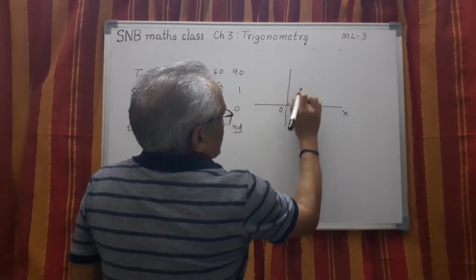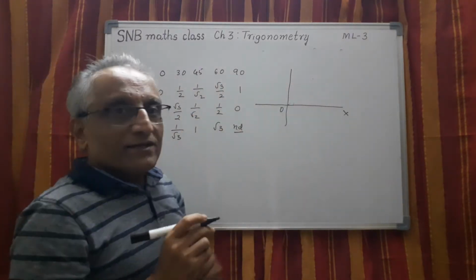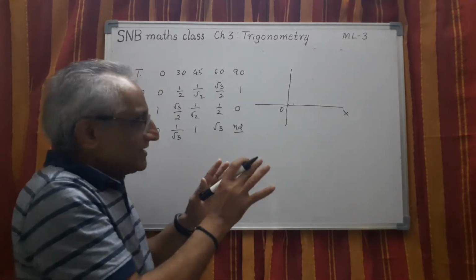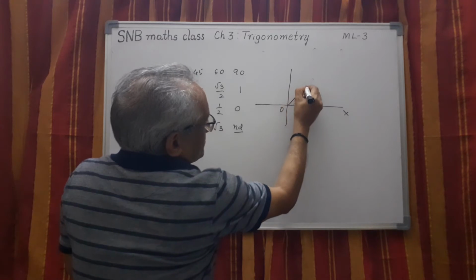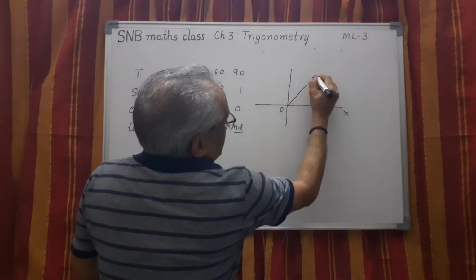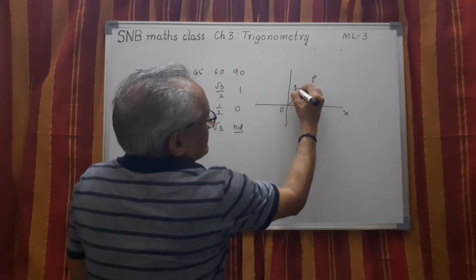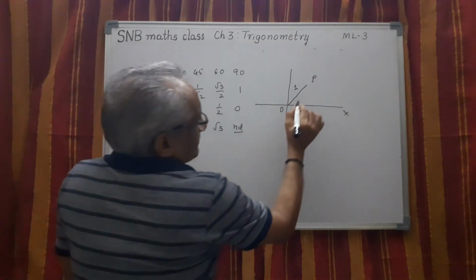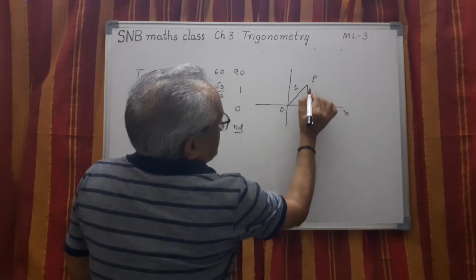Sorry, this is 90 already. This angle is 90. So you know how to bisect the angle. That method you know. Of course, I need not show it here. Let us bisect this angle using the practical approach. So this is the bisection. Let me say this is A, this is OP, this is the origin. This is 1 unit. This is 1 unit. That's what I wanted to say actually. Now what you do is draw a perpendicular here. Say this is M.